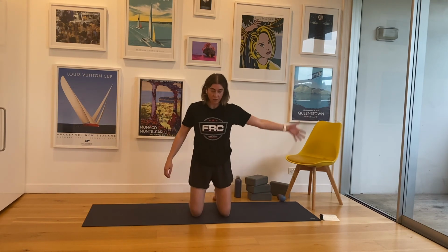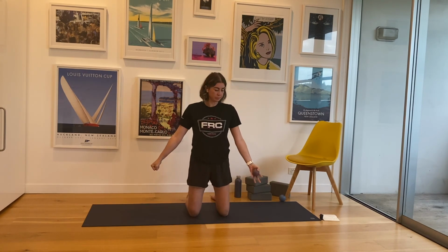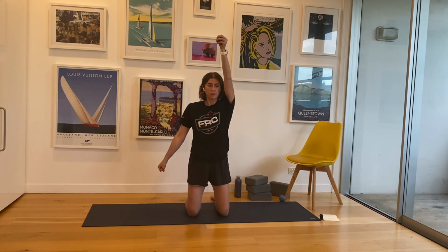From here, left arm's going to go first. Again, if you want to grab a cross ball or tennis ball, whatever you've got to find more tension. Punch your right hand towards the floor. Squeeze your glutes, brace the core. Keep that as you start to bring the arm across your body with the palm of the forearm facing up. Taking it overhead. Maybe you can get a little further now. Start to spiral into that internal rotation as you bring it around behind you. In, so your knuckles will face your leg, and then reverse out,